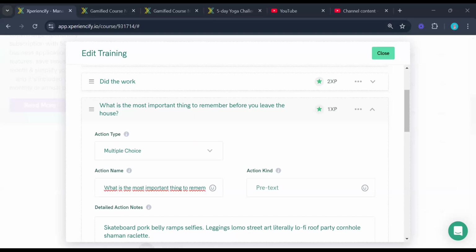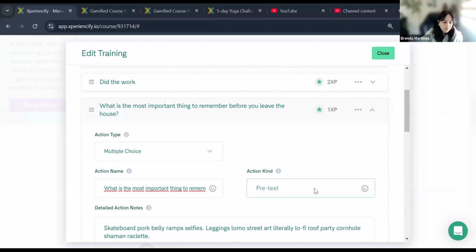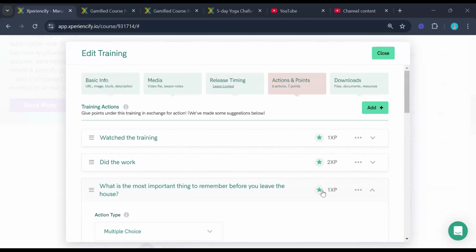When you open the file, it gets downloaded onto their computer, but it has to come from the media file in Experientify, which is fine. But that's a lot of downloads that I have to upload into there. They should just open on the screen. They don't do that anymore.